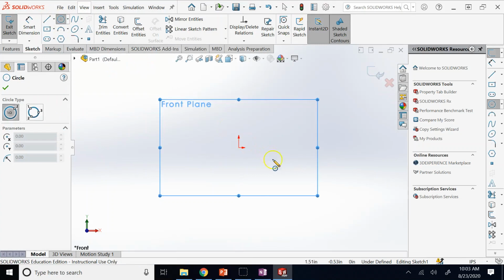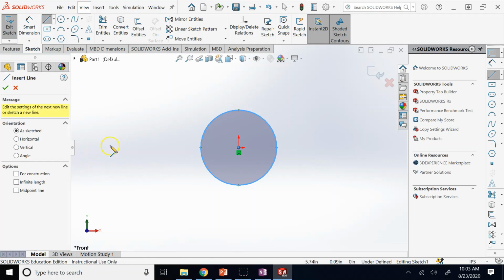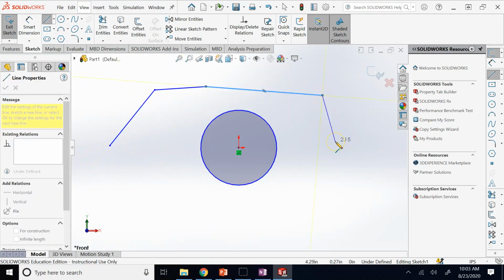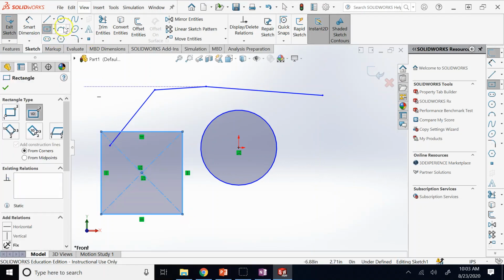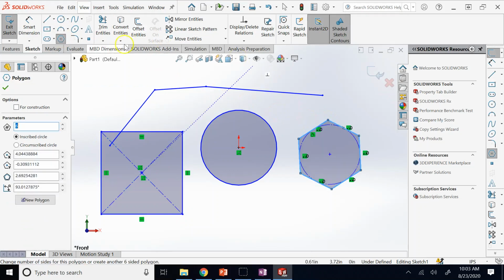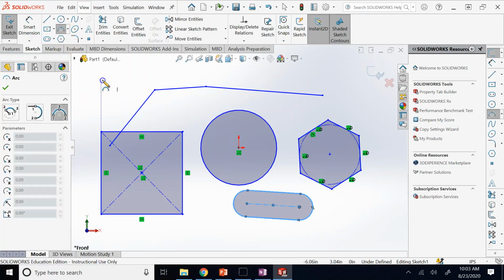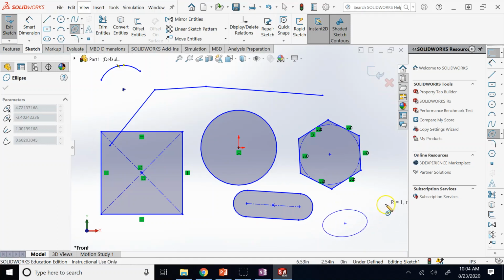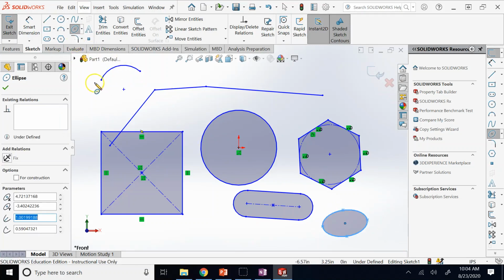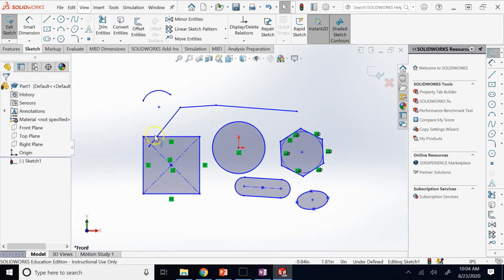Lines, circles, anything, right? So I can click here, center it at origin, draw a circle, I can create a line, right? I can keep drawing the lines until I'm done, and then I use escape to turn it off. I can use rectangles, I can use polygons, I can use elongated holes, right? There are so many things, arcs, you can use ellipses, conical sections, and so on and so forth, okay? So there are so many things that you can do, and we'll go through each and every one of them and I'll explain. Okay, so this is if you want to do it on one of the default sketches,